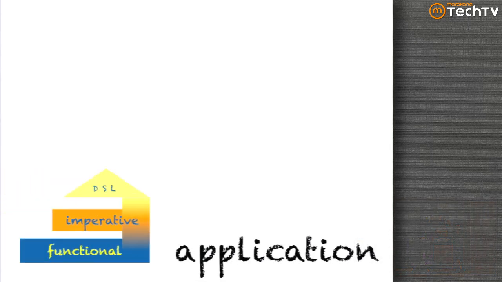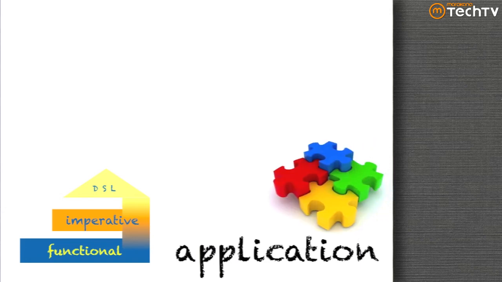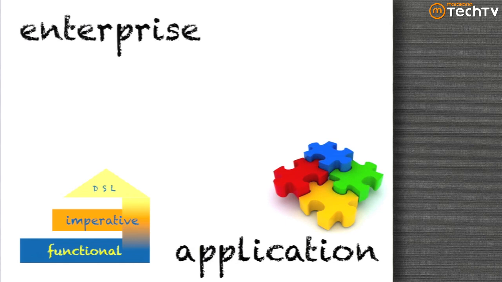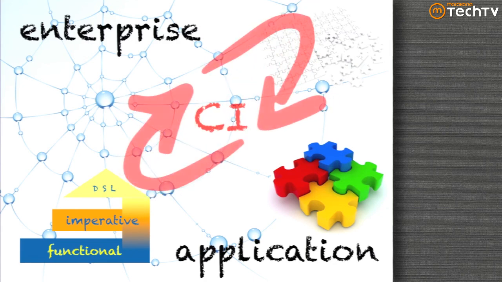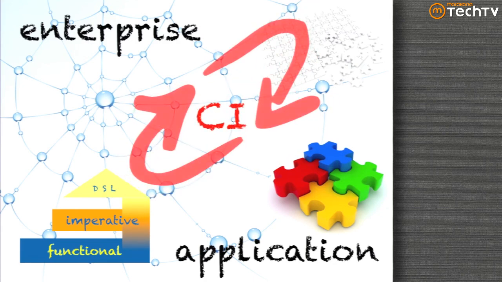And so ultimately, I think my goal, this is kind of my entire landscape of the world, is that application architecture is going toward functional on the bottom, imperative in the middle, with DSLs kind of pervading all those layers, using these emergent design techniques. Enterprise applications use the web as a platform, using component-based development, and this entire thing is wrapped in a big continuous integration feedback loop. That's the kind of idea that we've got on what Agile architecture and design looks like now.